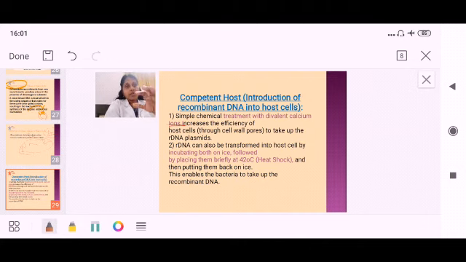I have to introduce the rDNA either into the vector, or with the help of the vector, and the vector has to be introduced into the host. So in order to introduce them into the host, I go for the second method, heat shock treatment. There I keep the cells, the host cells, or seeds in case I am introducing into seeds, in ice.